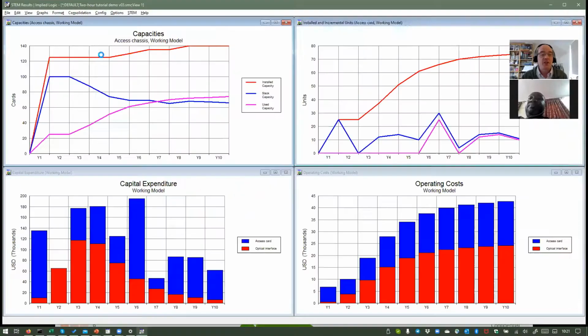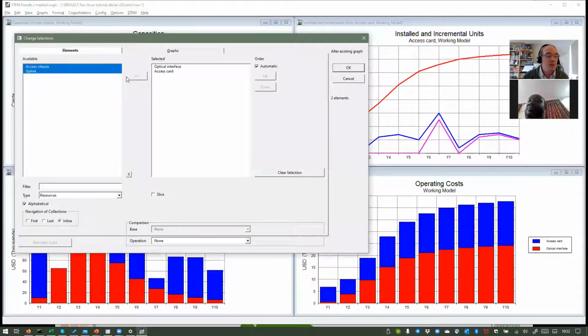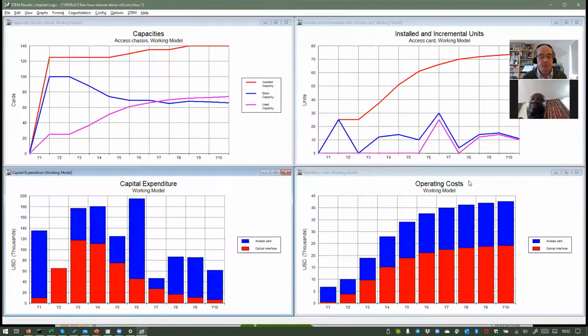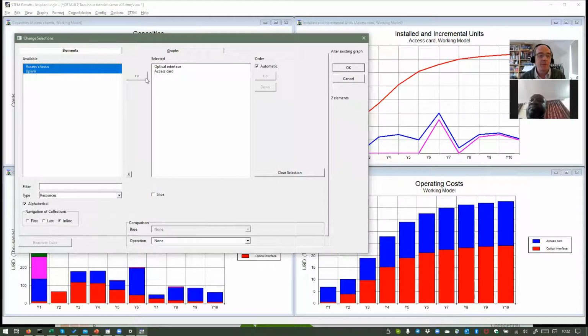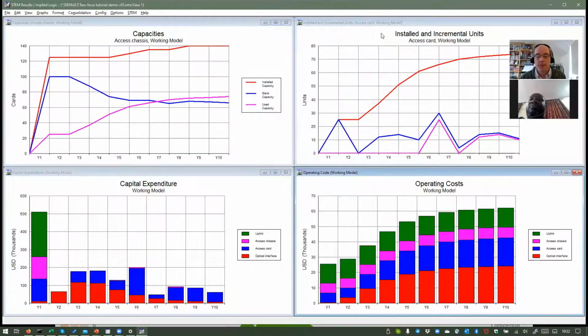Okay, so I'm going to just skip ahead now. So I'm going to update this chart to have all of the resources, and I'm going to update this one the same way. And that's that. If we had more time, I would go and check some of the other results, but I'm conscious